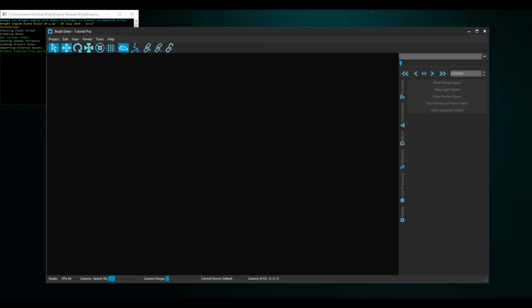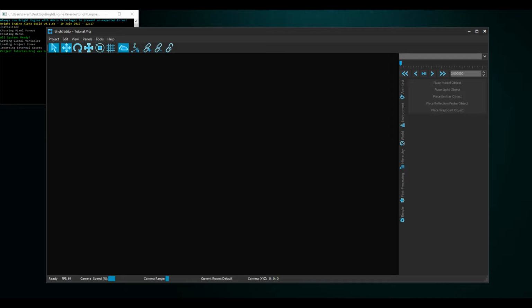To begin crafting your world, a new zone needs to be made. Zones are essentially levels or areas within your game. You can create as many zones as you need, so long as each one has its own unique name. If you are unsure as to what to call your zone, don't worry, as their names can be changed at